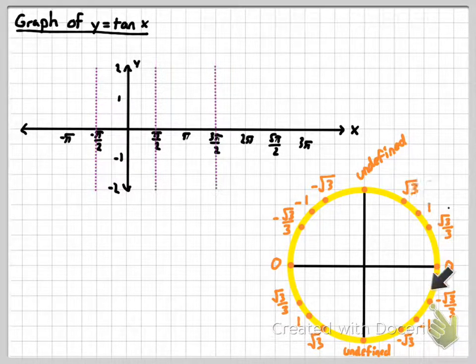It only takes half of the circle to go through all of the tangent values that you can get. And it will be important for you to know that as we move forward in the remainder of this chapter. Alright,